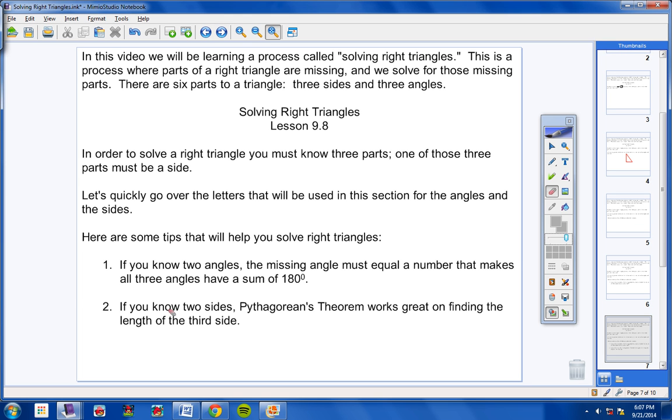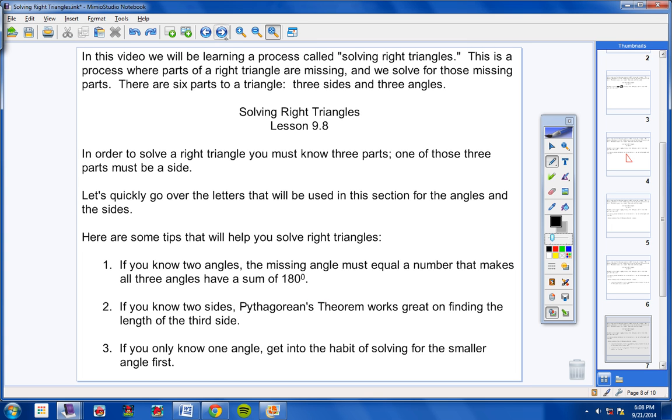Tip number two, if you know two sides, now remember, we're not always going to be dealing with right triangles, but today we are, so take advantage of it, okay? You can use Pythagorean's theorem if you know two sides. It works great on finding the third side. And of course, you can only use Pythagorean's theorem when you're using right triangles, but that's what we're using today, is right triangles. So if you know two sides, quickly find the third side by using Pythagorean's theorem, okay? Number three,